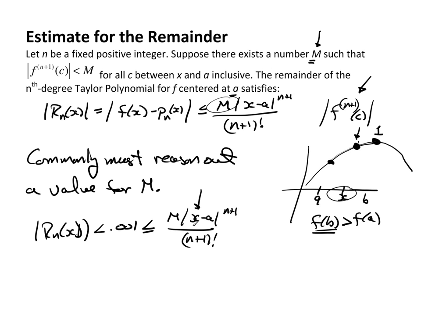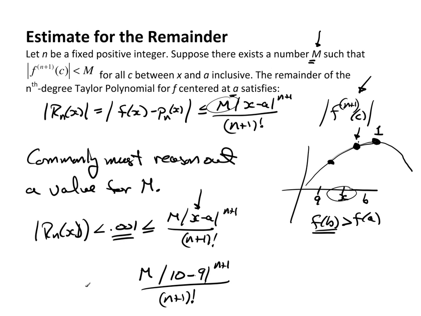Well, x is the value I'm trying to estimate. In my previous example, a was 9 and x was 10, so this is 10 minus 9 to the n plus 1, which is no big deal because that's just 1, over n plus 1 factorial, and then this value of m is going to totally decide what n is going to be,